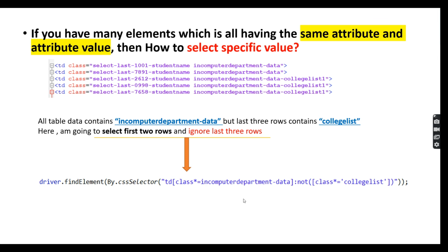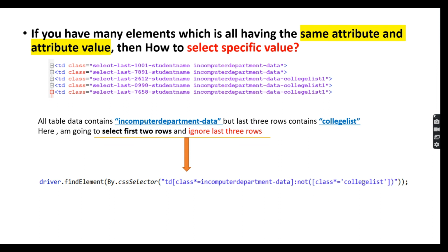In computer department data, this word is contained in all five rows, but the last three rows contain another word also. Don't be confused: here I'm mentioning computer department data, and whichever rows contain this word, I'm going to select those rows. Put a colon. What does not mean? If you don't want to select any specific value, in that case I use not.